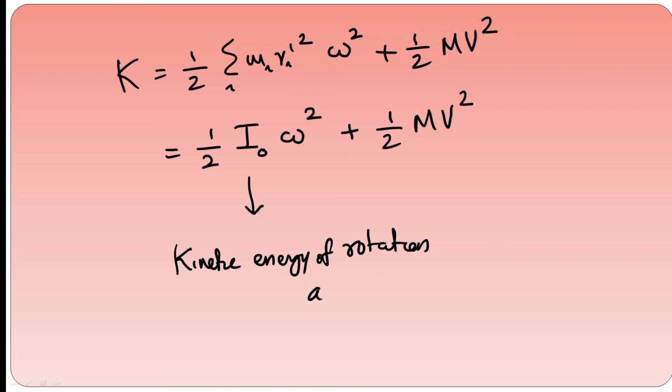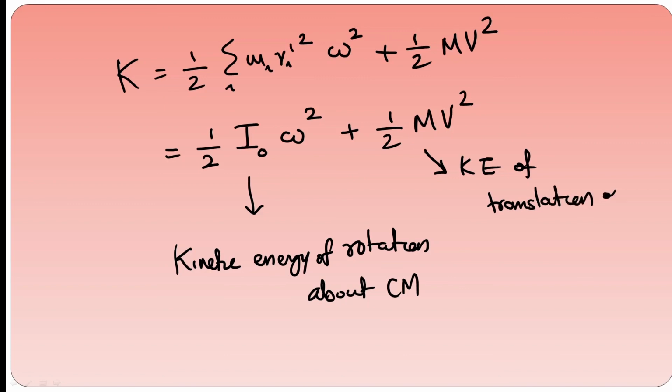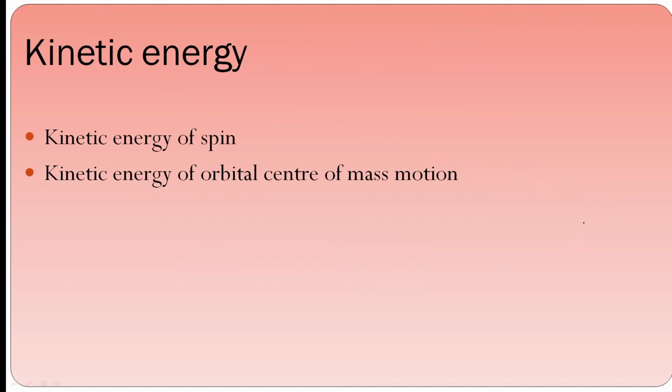This is the kinetic energy of translation of center of mass. That is one spin and other orbital motion. So